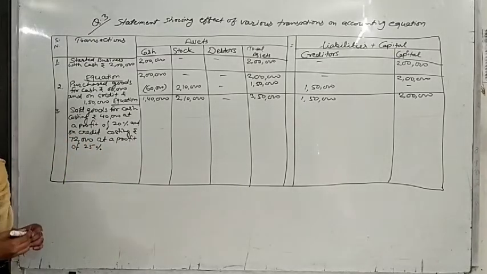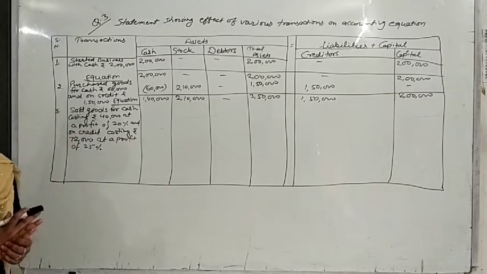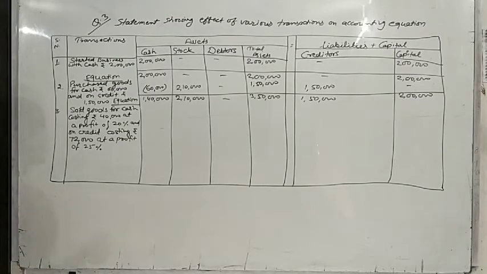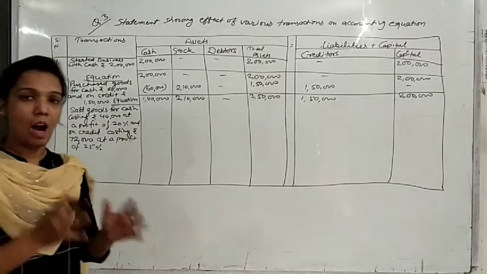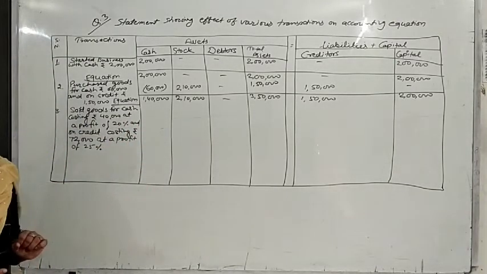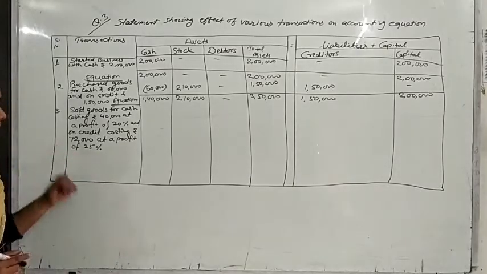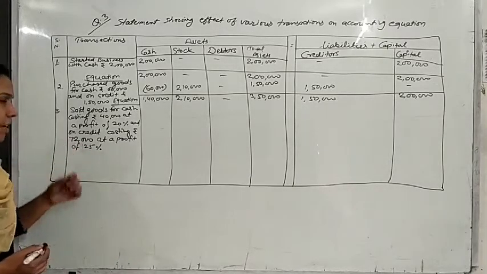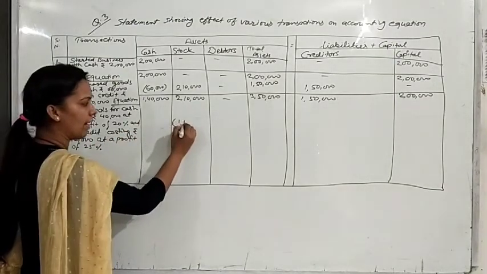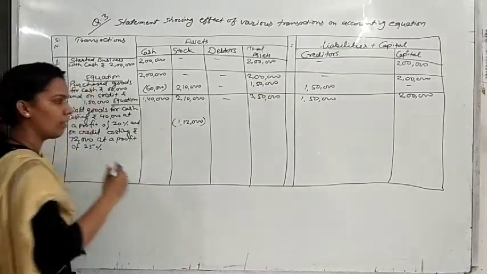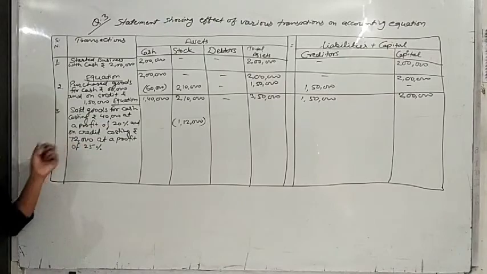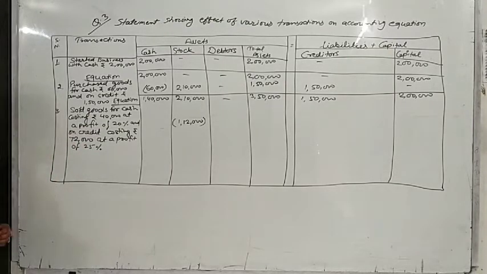Yes, it means you are selling goods on cash also and on credit also. So first of all just check what is your total sales, means by how much amount your stock reduced. You are selling goods in cash costing rupees 40,000, and you are selling goods on credit costing 72,000. So I can say that your total stock reduced by 1,12,000. This is the total stock reduced, 40,000 plus 72,000, it means 1,12,000.